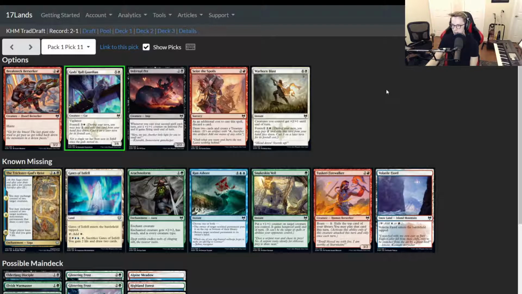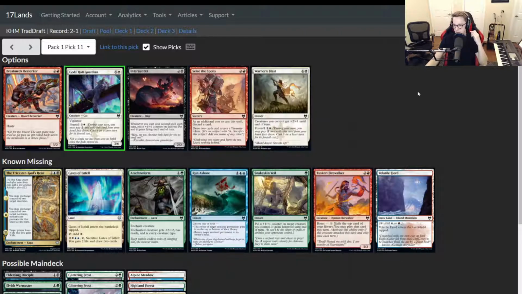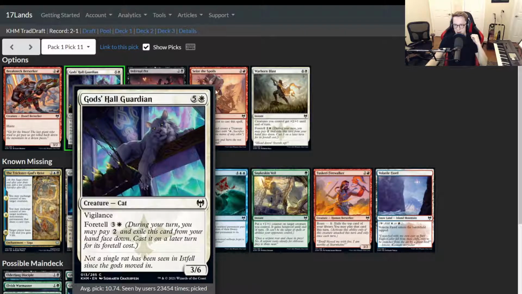And here we take God's Hall Guardian. I think we might be better advised to take Seize the Spoils. Another card that kind of helps you splash and can get you out of a jam. Guardian's just not been any good, but